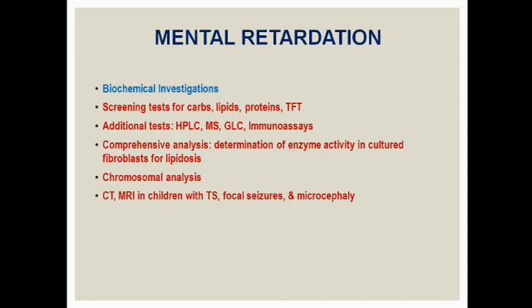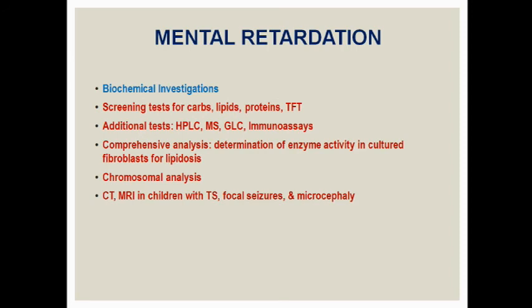Additional tests to diagnose amino acidurias like phenylketonuria, tyrosinemia type 1, tyrosinemia type 2, homocystinuria. These amino acid disorders we can diagnose with the help of technologies like high performance liquid chromatography, mass spectroscopy, and gas liquid chromatography immunoassays. We can come to the conclusion that yes, the baby may be having several types of amino aciduria as well, like the branched chain ketoaciduria, that is maple syrup urine disease, we call it, right? There's a deficiency of branched chain amino acid dehydrogenase, right?